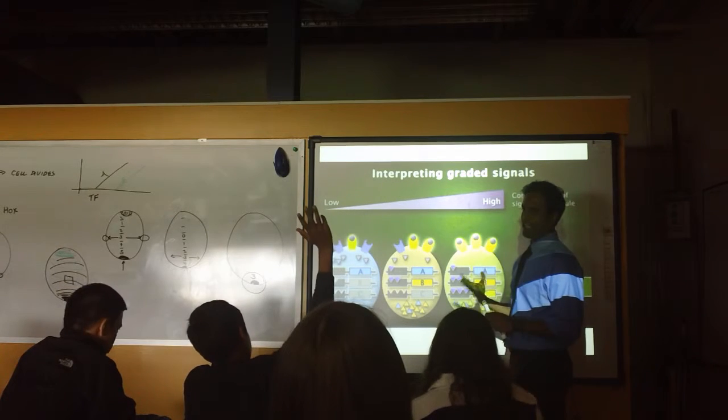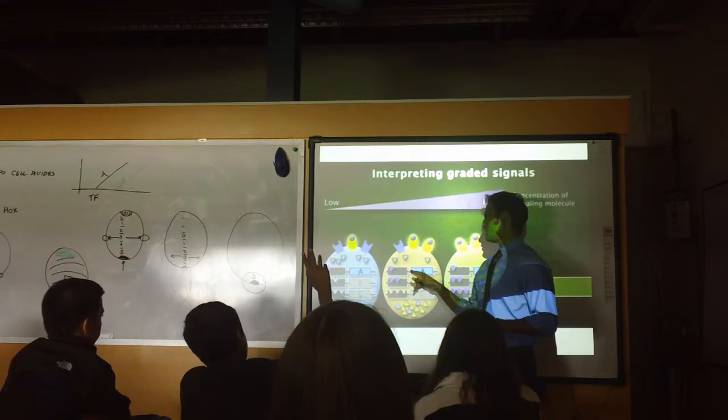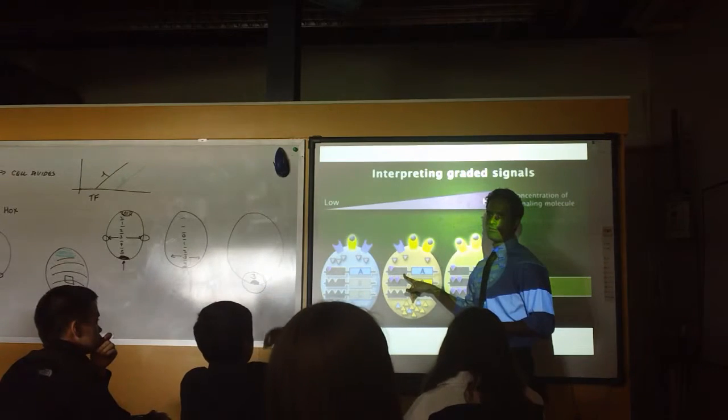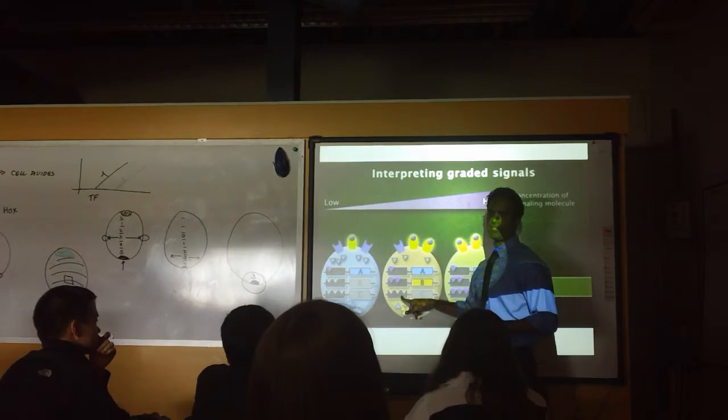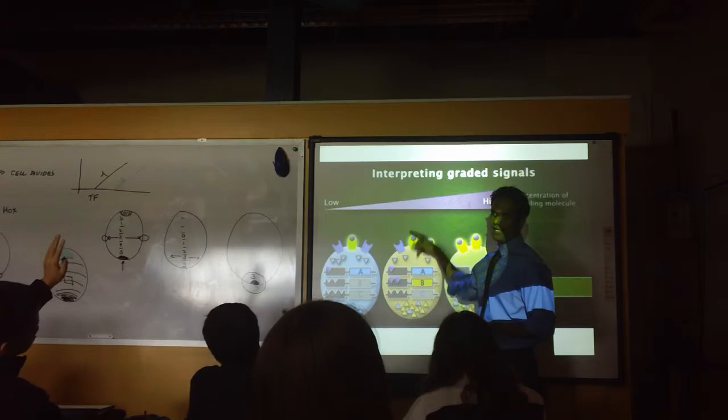If I wanted to only activate C, what I would most likely do is have another one, this is sensitive to another type of transcription factor, which I would produce, then I would have this in a low concentration here. So I would produce a low amount of that transcription factor and a high amount of it.